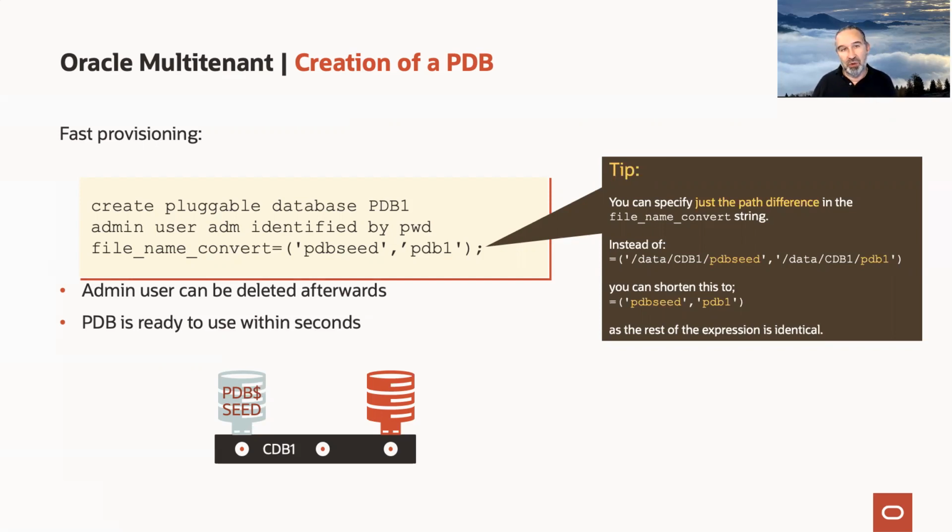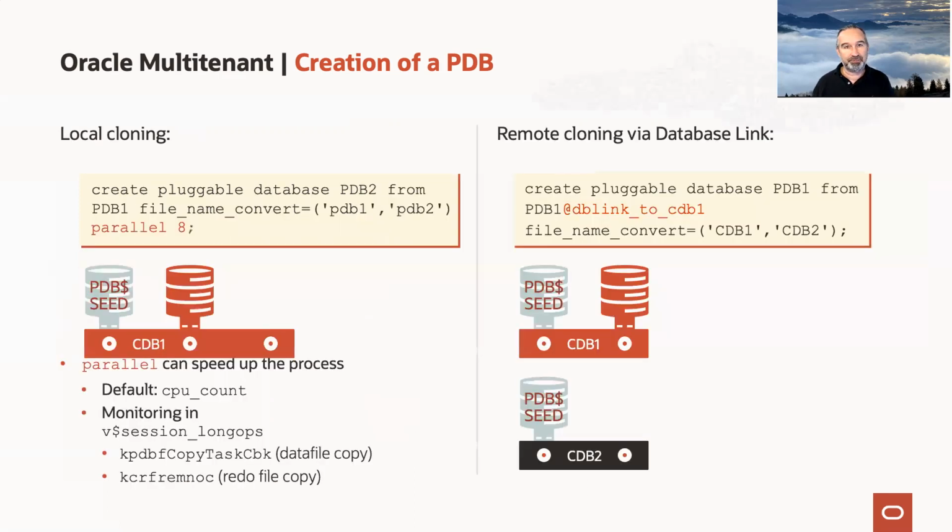And this is another cool thing with the multitenant concept. Now you can also clone locally. So I create on the left side a PDB2 as a clone from PDB1. And again, I use this file name convert if I'm in a file system. I can even specify parallel 8 or parallel 16 if I have a lot of CPU power. By default, we use the CPU count. Or if you want to reduce the CPU power, you can reduce the parallel degree,